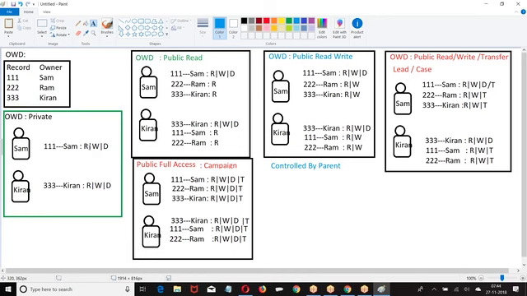Now that transfer will be done by the owner. Whoever is the owner will be transferring the record. But on the lead, if I enable the option of public read write transfer, others can also transfer others' records. Even though you are not the owner, you can transfer others' records to you.